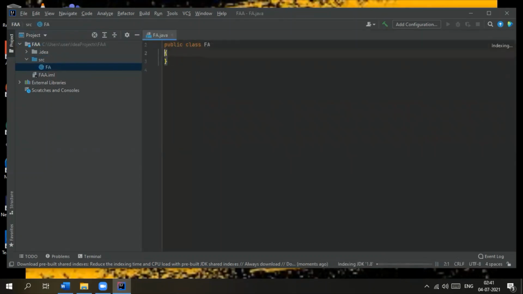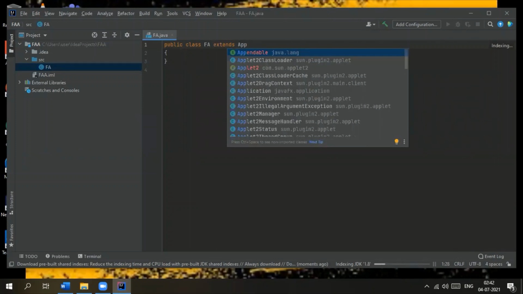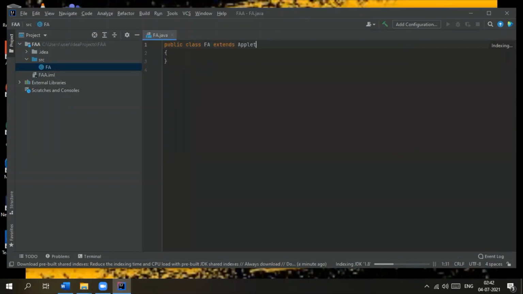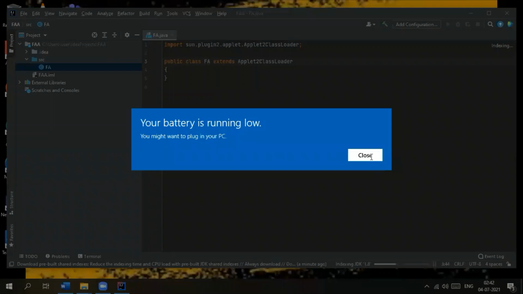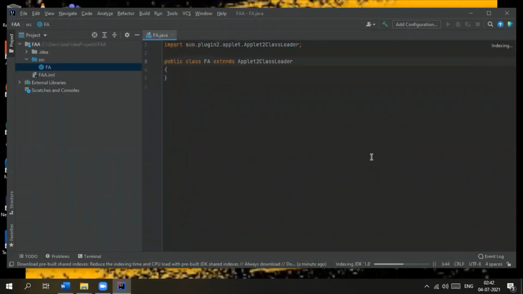And if I want this class to be converted to an applet, then we need to extend it with the Applet class. So I'm importing the package.